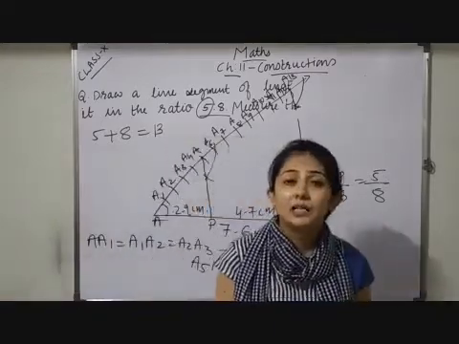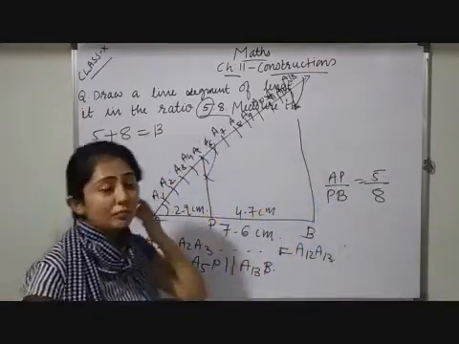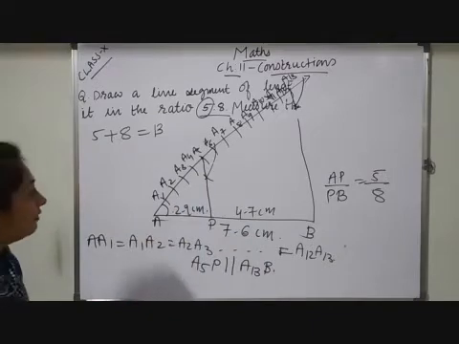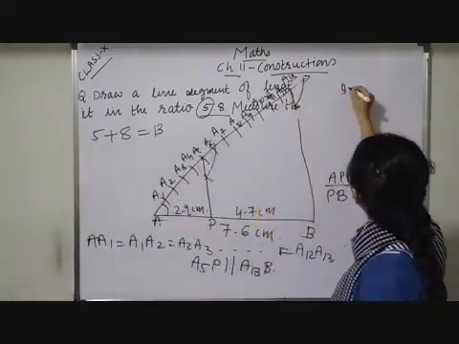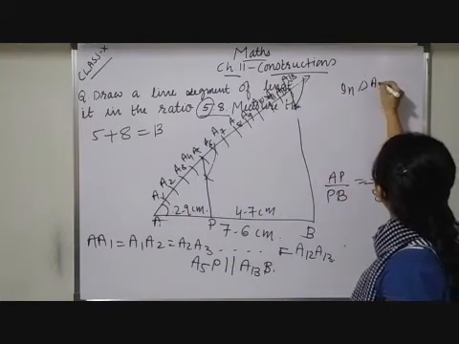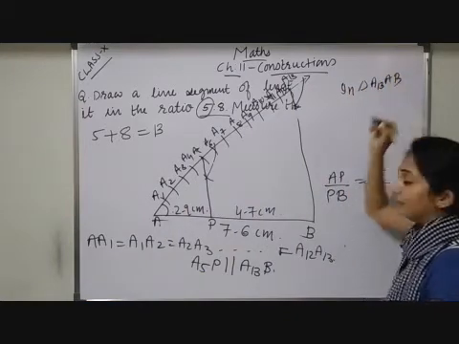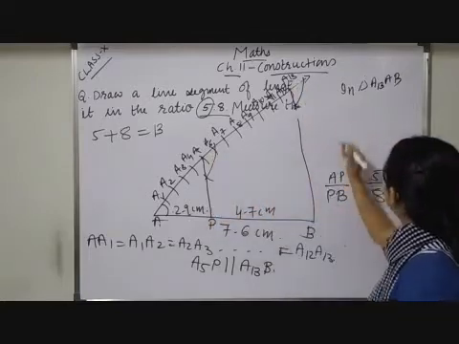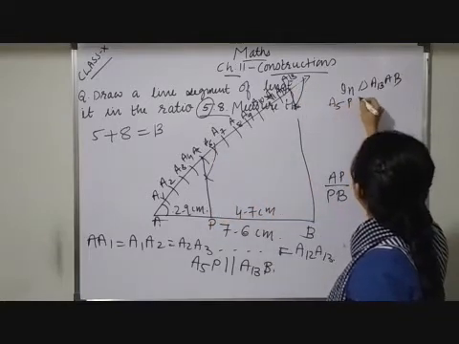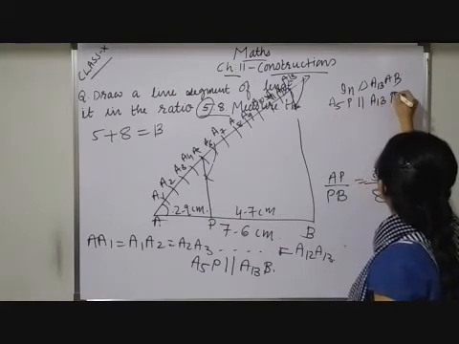And if they ask you to verify, how to verify it? Here we have a triangle A13AB. So I can write in triangle A13AB, I am having A5P parallel to A13B. So I can write A5P parallel to A13B.